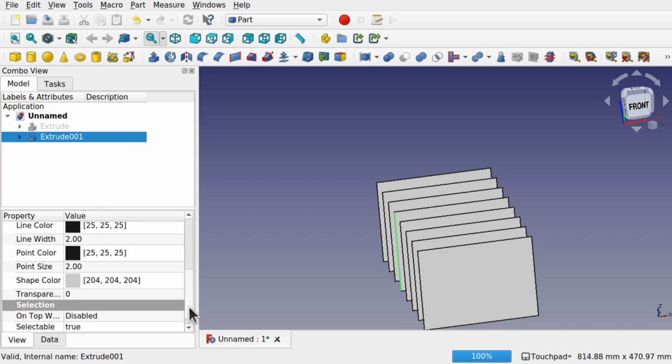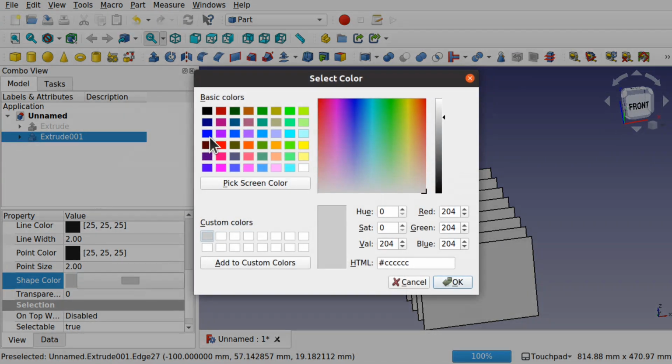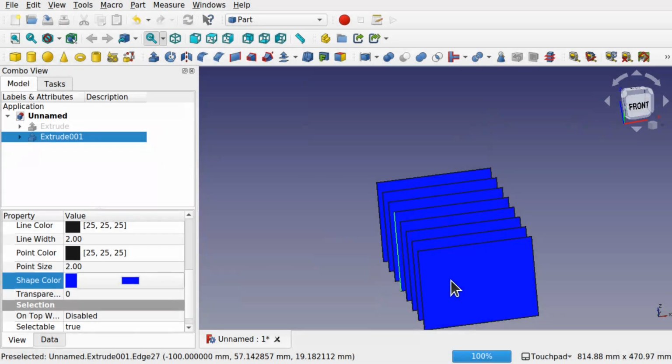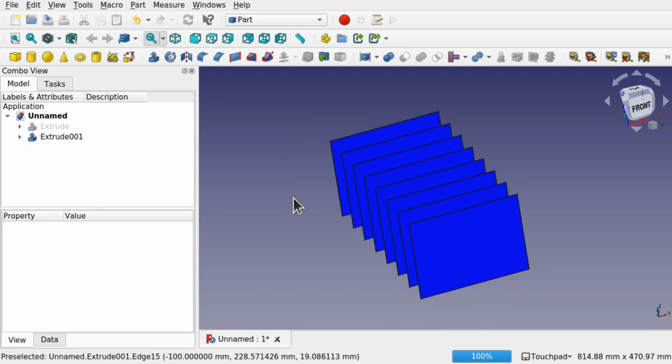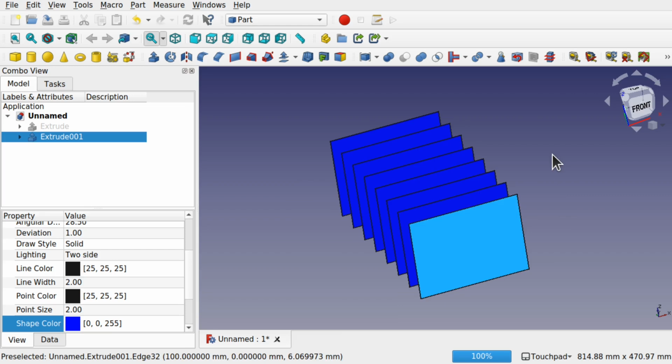have a shade color. We can change the transparency if we so desire. But I'm just going to change the shade color to blue and hit OK. It's dark blue, so I can sketch on this quite easily. I'm going to do the back profile first. So I'm going to click on this back face, so this face here, face 8,